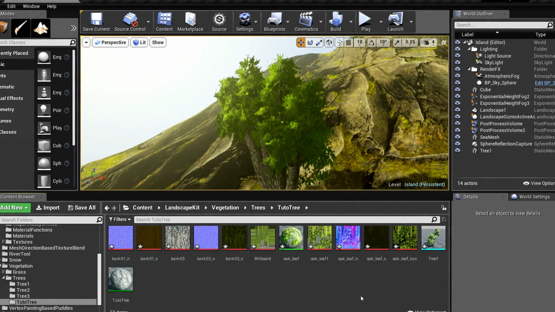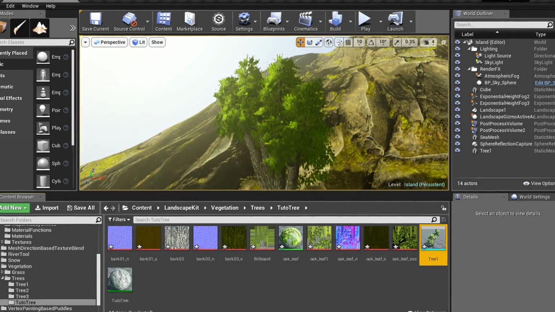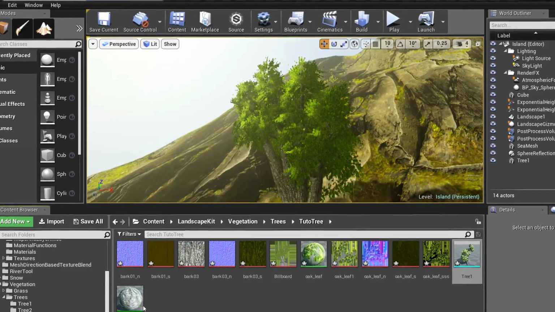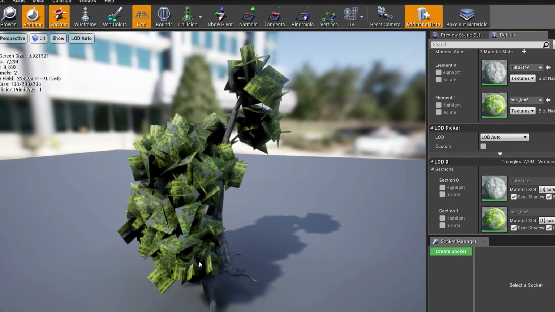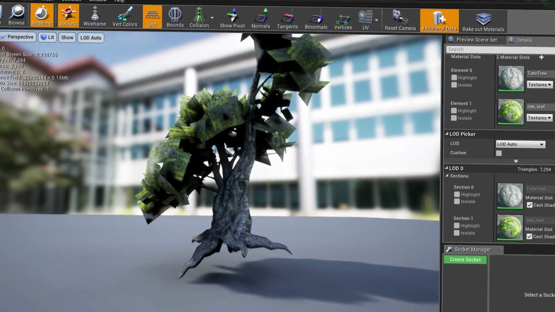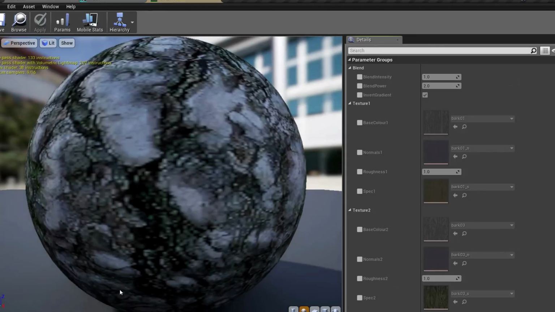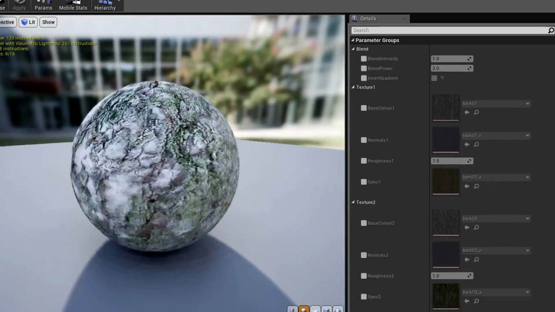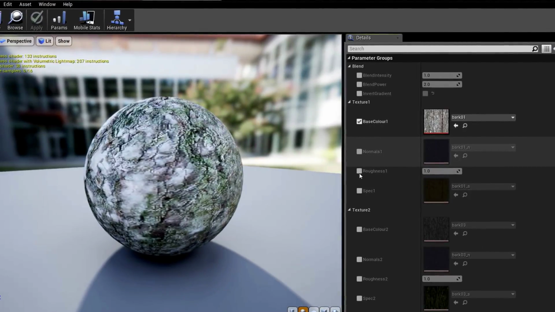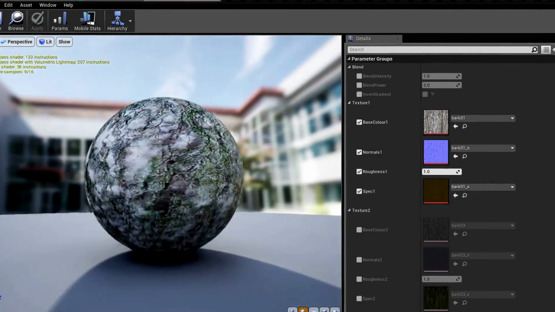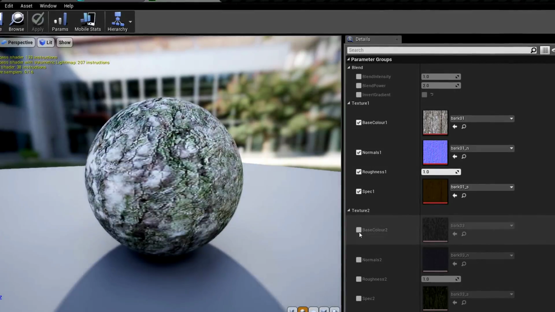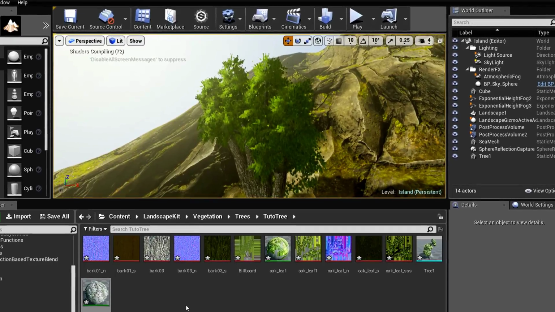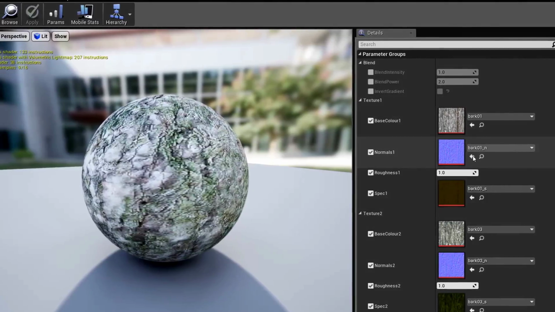Alright, so now what do you want to do? You want to open the static mesh and in here you want to apply the material. That is a bark shader. And in this instance, what you want to do is apply those textures, right? First thing, I don't want to invert the gradient, I want to keep it good. Alright, so actually my textures were imported and I applied my textures inverted, so I became lazy and just added an option to invert the textures, right? So bark one,